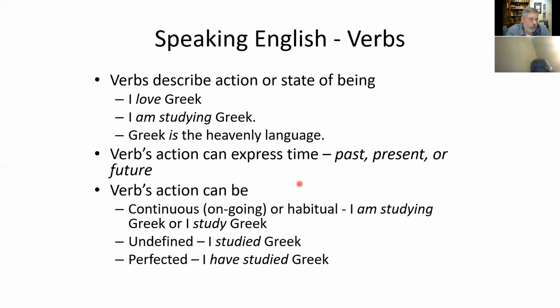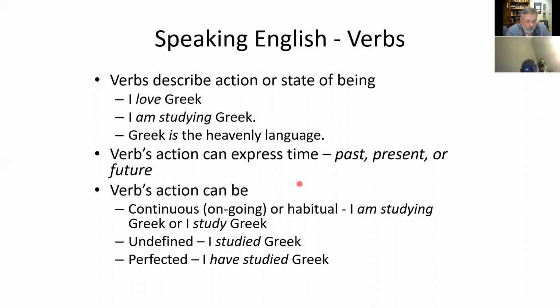A verb's action can be ongoing, continuous, or habitual, such as I am studying Greek. Well, if it's ongoing, then it's something I'm continuing to do, even if it's in the past. I was studying Greek. Well, that was an ongoing event that was done in the past. Versus I study Greek, as an ongoing thing in the present as well. It can be undefined. I studied Greek. Well, that's something that's completed, and there's no